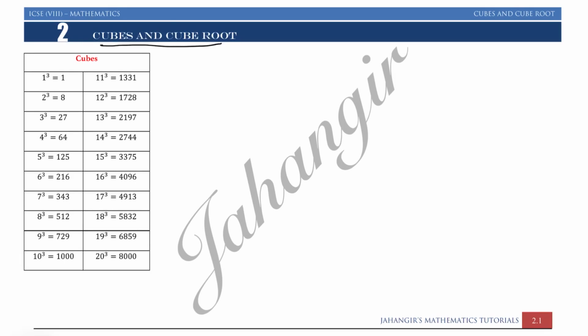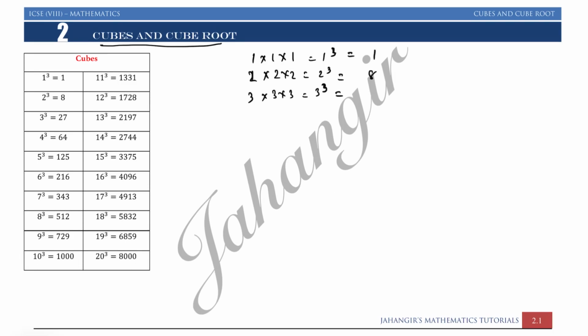Now you know for square we have to multiply same number twice. So 1 into 1 is 1, 2 into 2 is 2 square. You can say 3 into 3 is 3 square. Now for cube what we will do? We will multiply same number 3 times. So 2 into 2 into 2, 3 into 3 into 3, it will become 1 cube, 2 cube, 3 cube. Cube means same number multiplied 3 times. So 4 into 4 into 4 is 4 cube. So 1 cube is 1, 2 cube is 8.